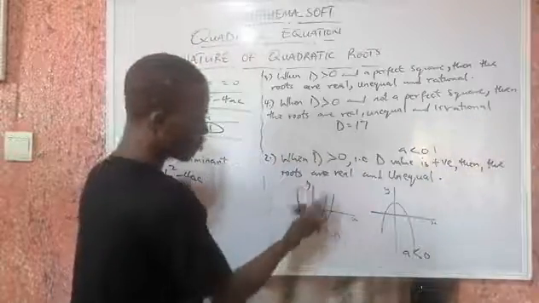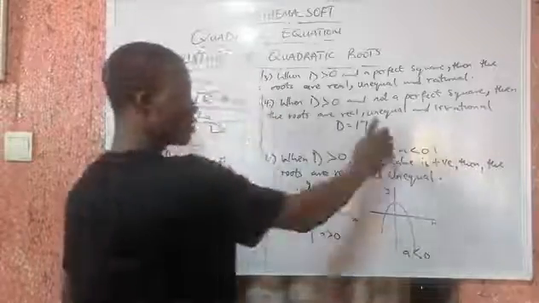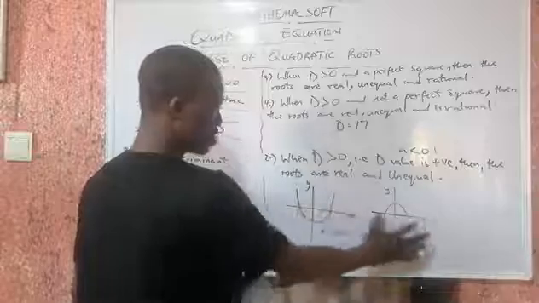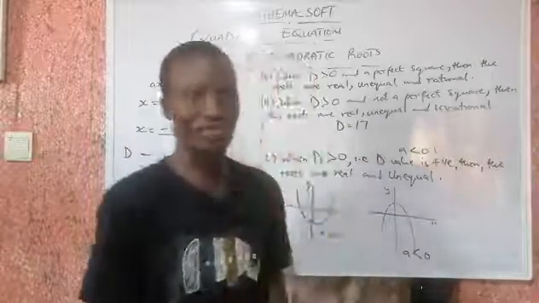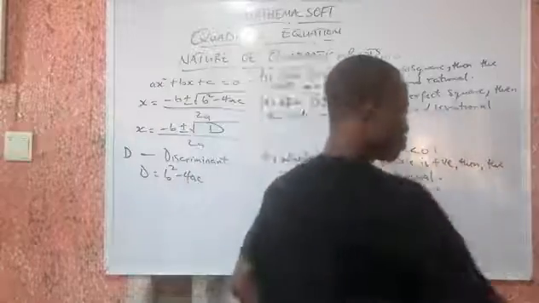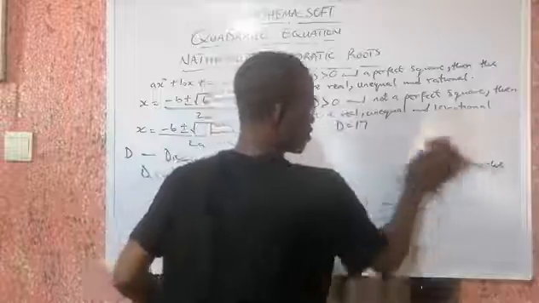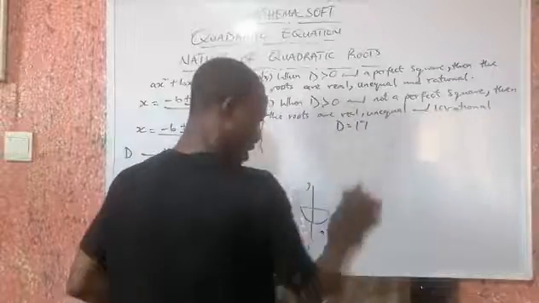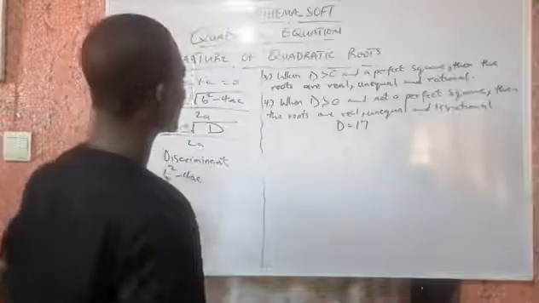The graph will also be like this, the same shape, because it's still real and unequal. The only thing is that the roots here will be irrational. So that's our fourth condition. Now let's talk about the fifth condition and the last. So the fifth nature